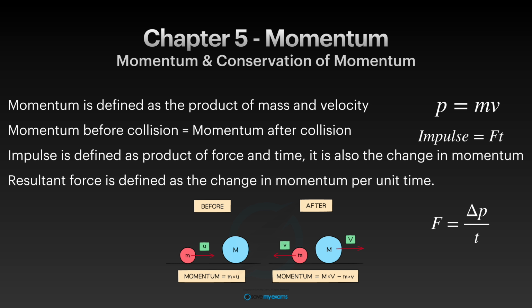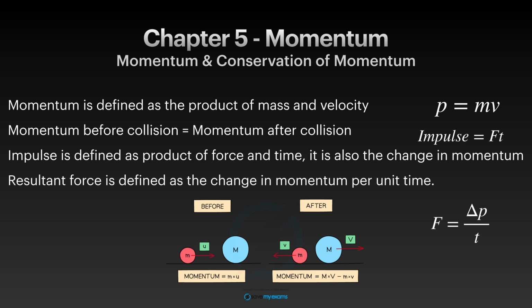Now, what happens if you want to change the momentum? You apply a force, and the longer you apply that force, the bigger the change. This leads to a concept called impulse. Impulse is defined as the product of force and time. It also equals the change in momentum. That's why crumple zones are in cars and airbags save lives. They increase the time over which the force acts, reducing the impact force on the body.